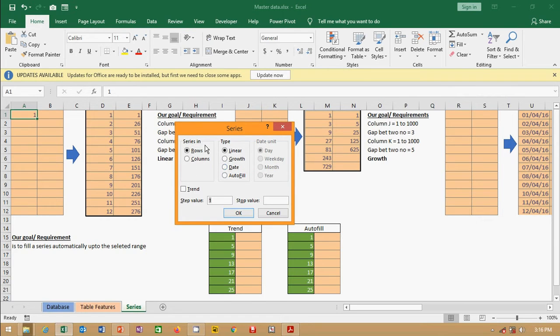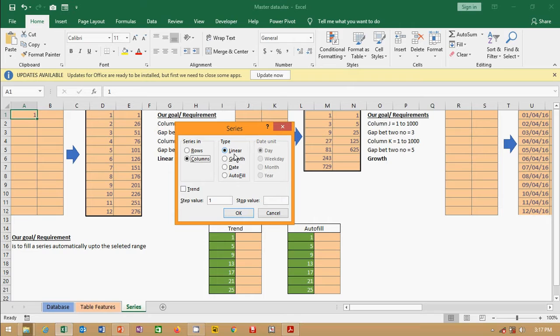As you can see in this dialog box, there are 2 kinds of series, rows and columns. We need to fill this series column wise, so we select columns. There are 4 kinds of series: linear, growth, date, autofill. What do you mean by linear?